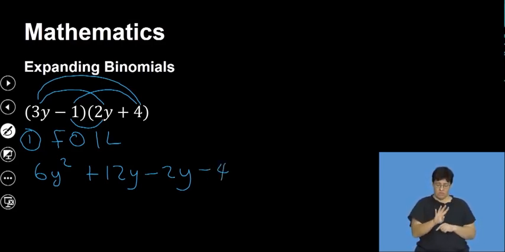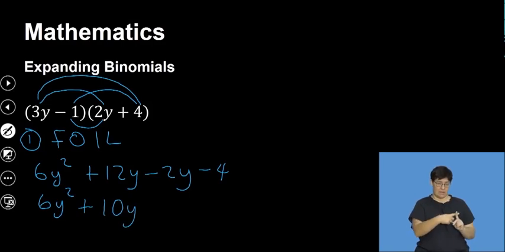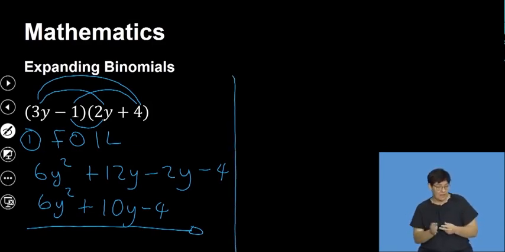And if you simplify this, it will then give me 6y squared. The 12y minus the 2y will give me plus 10y, then minus 4. And that will then be my answer. That's the first method. If we use the very first thing that we did in this lesson, which is the